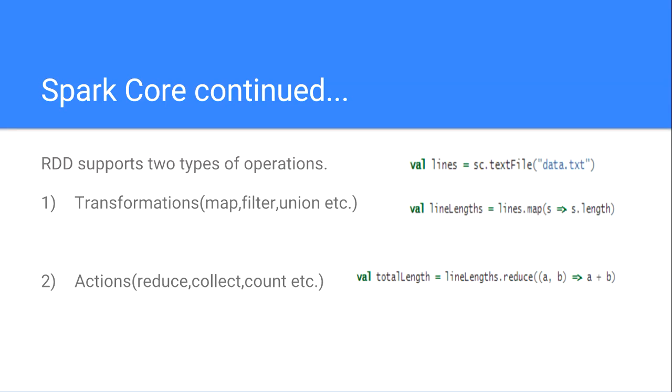Transformations means, from the existing RDDs, how we can create a new RDD or how we can transform them, and actions means how we can get the end results that we want to achieve. So let's see both of these in our example. We have created an RDD lines from a text file called data.txt. Then we transform this RDD into a new RDD called line lengths,